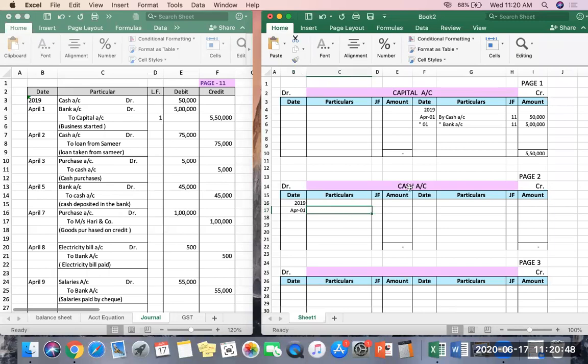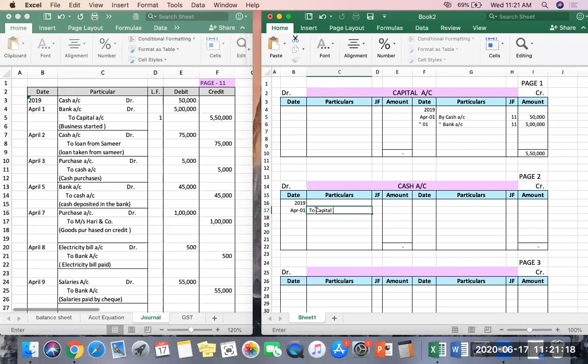If you write cash here and cash here, it does not serve any purpose and does not give you any details. Entries should be done in such a manner that they provide details of how you are going to get that cash. So this cash has come in by way of capital. Here, as I said, we start with 'To', and on the debit side we write the entries starting with To